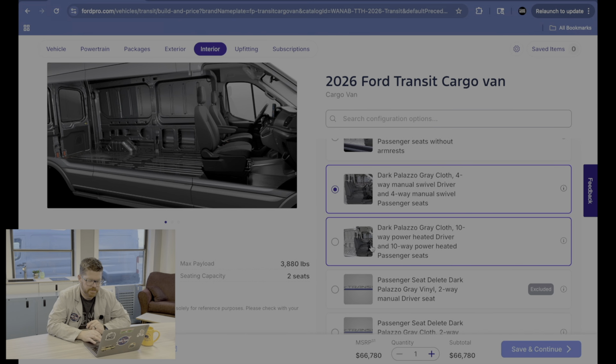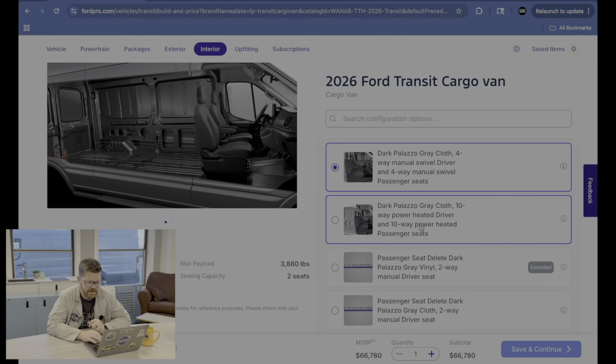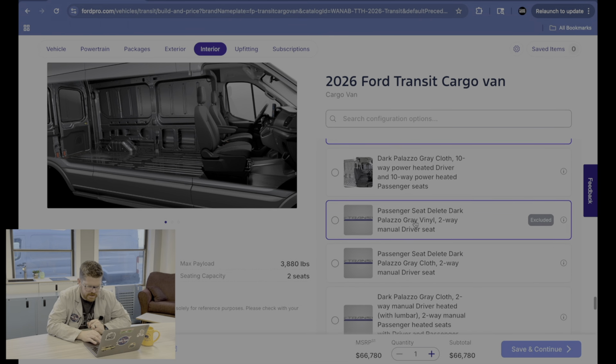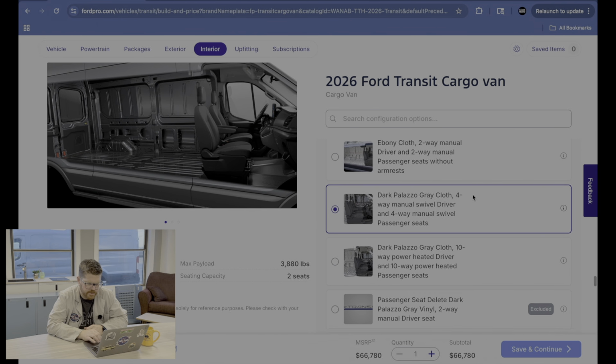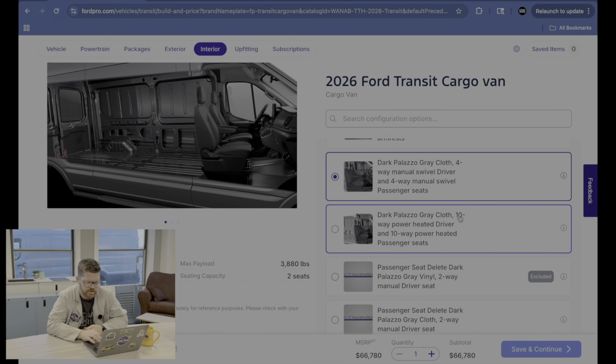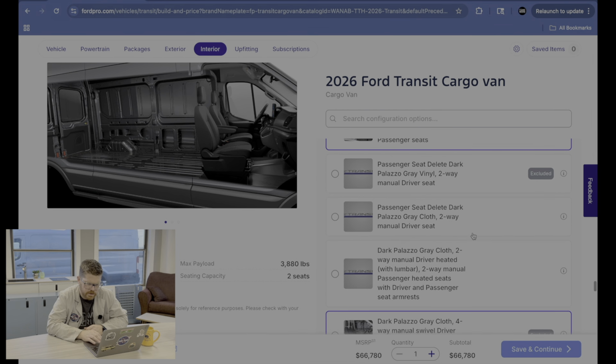So I would go for the power heated seat, but I like having the factory swivel. Again, you can do that in the aftermarket, not a big deal. So if you like a heated seat, that is a very nice upgrade. Dark Palazzo Gray 4-way manual swivel seat, that's the one I'm gonna select. That is my favorite. If I wasn't going with that one and I was gonna choose something else, I would either choose the Palazzo Gray Dark Cloth 10-way seat or